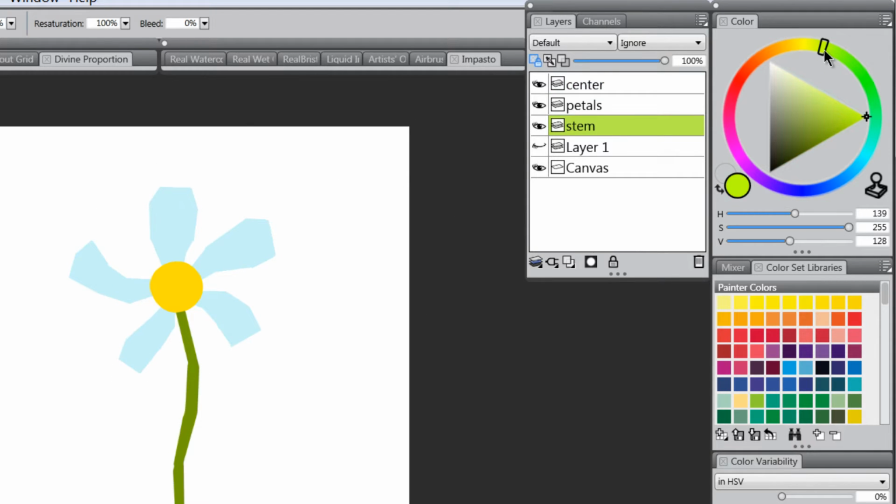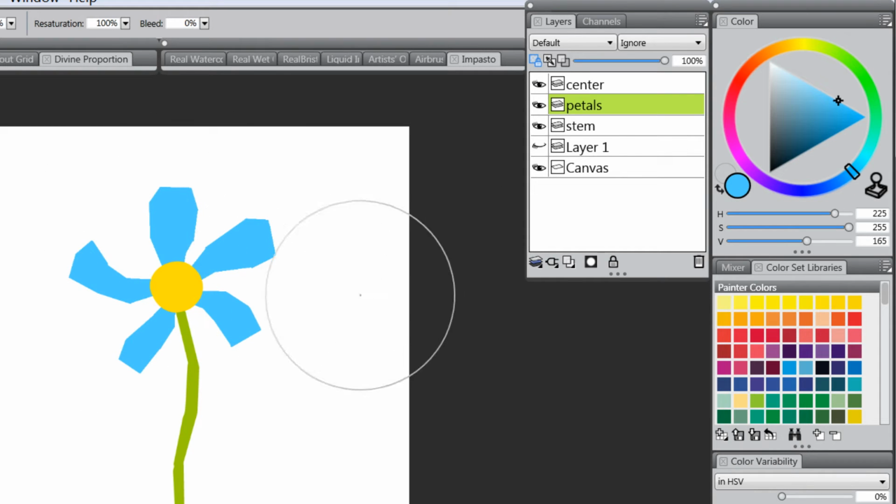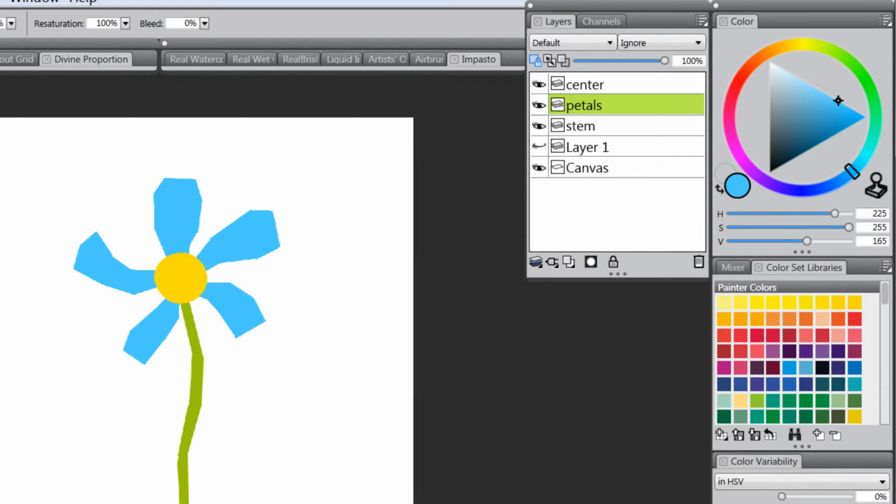And the stem, I think, should be brighter. And let's just pick a nicer blue color here, something like that. Now, if we want to move this whole